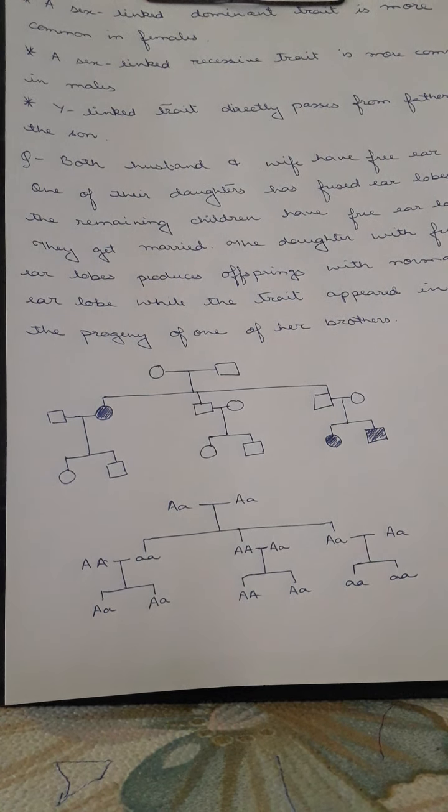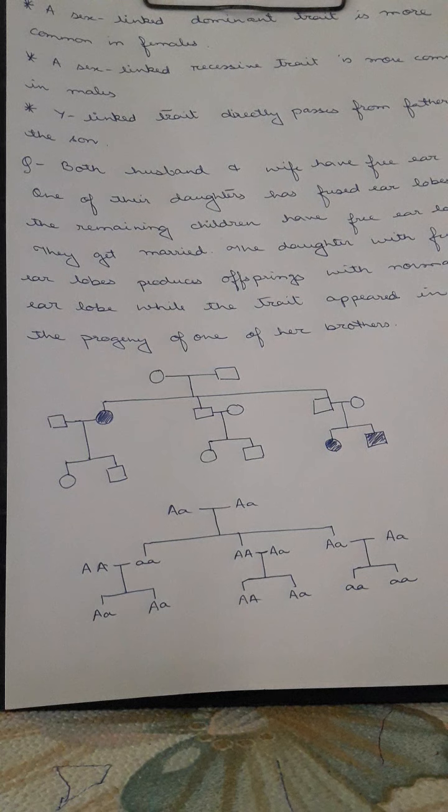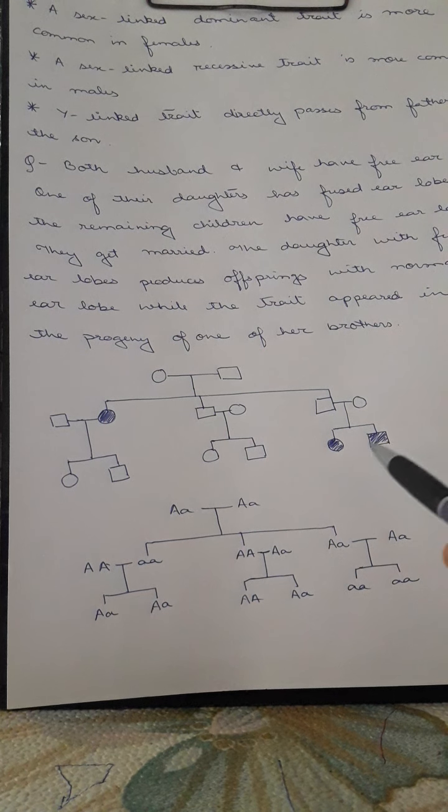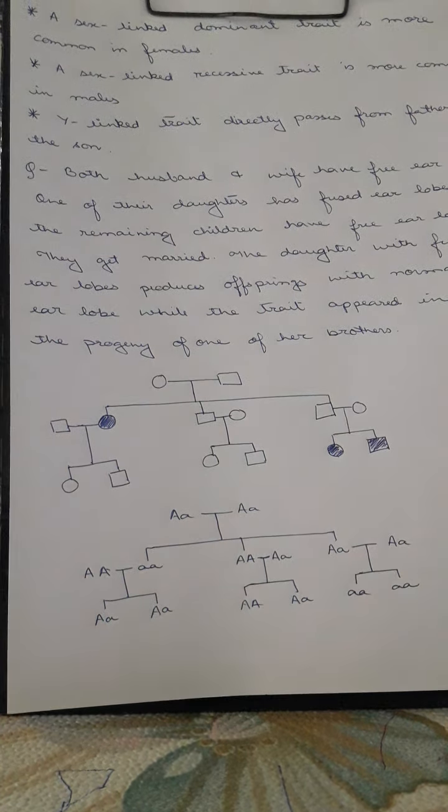Now the girl who carries the recessive trait marries a normal man, okay. So that means the man has both the dominant genes. As these are dominant, that's why their children are not showing the disease, got it. But the brother whose progeny has fused earlobes must be a carrier for the trait. Now here see, we are observing that the trait is present, that means the diseased individual is present, so somewhere there is a carrier, okay.